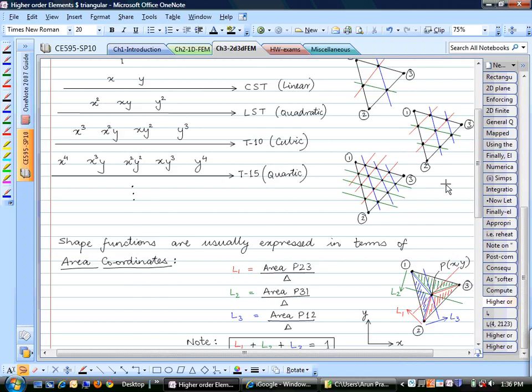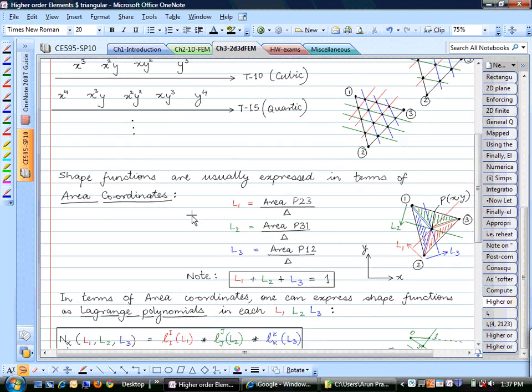So the first thing that we need to do is to generate the shape functions and the shape function derivatives for any general triangle with multiple nodes. Okay, and to generate the shape functions, what we also said last time was that we will use what are called area coordinates. So the idea is that given these 3 corner nodes,